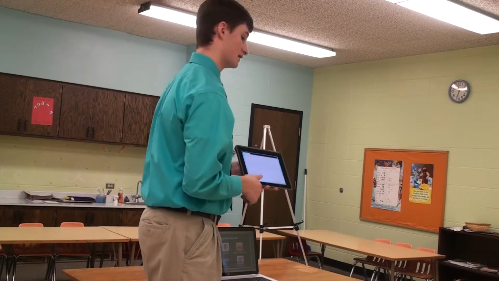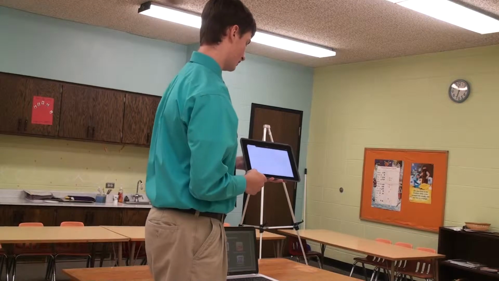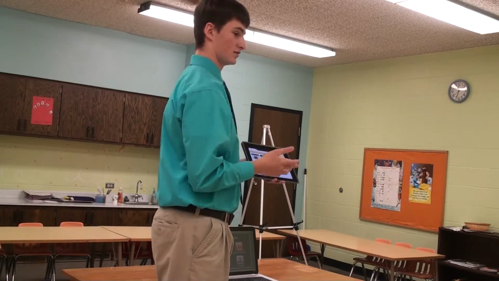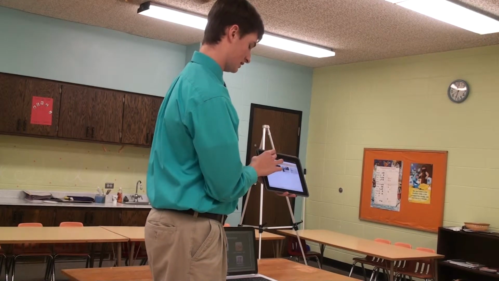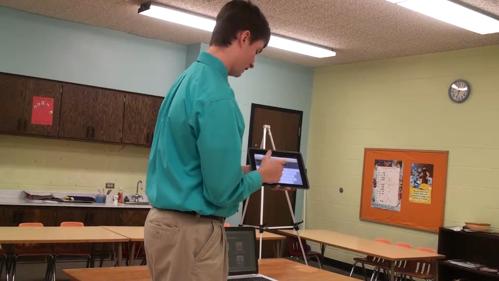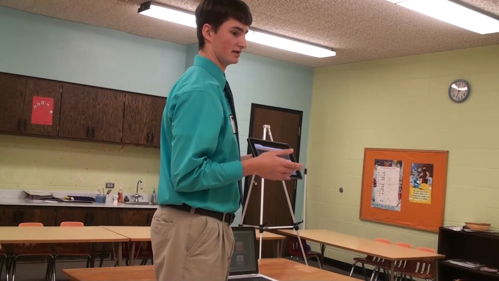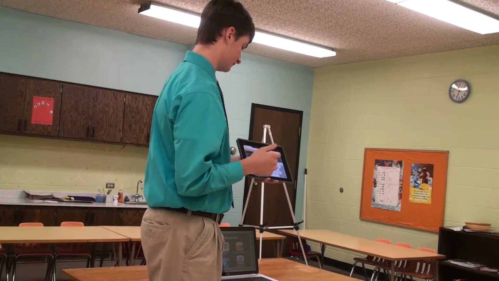Another thing you'll need is an internet browser. And so this app called Google Chrome allows you to surf the internet or search for things on Google. So if you click in this top bar, it allows you to search for whatever you need to, or you could type a web address directly and go to whatever site you need to.